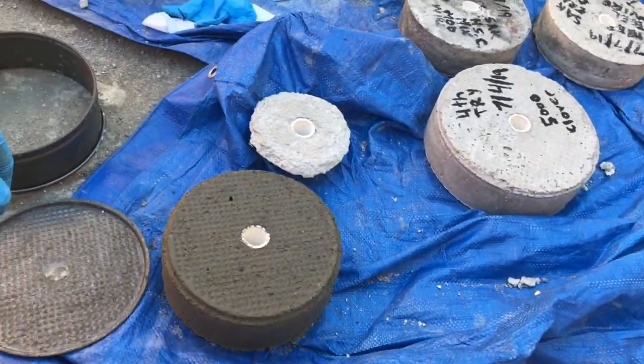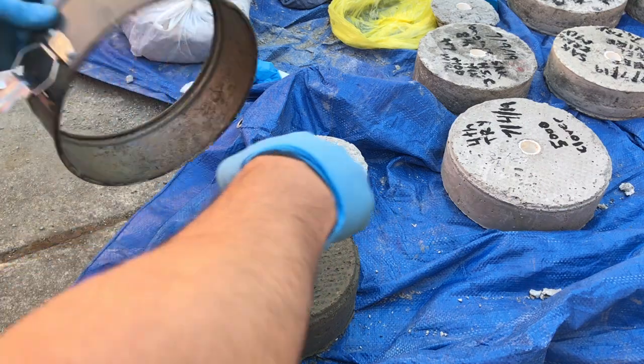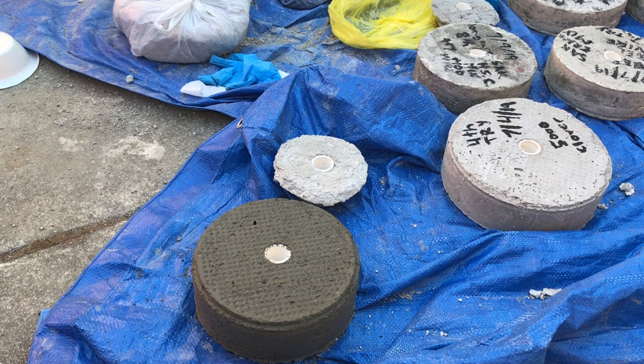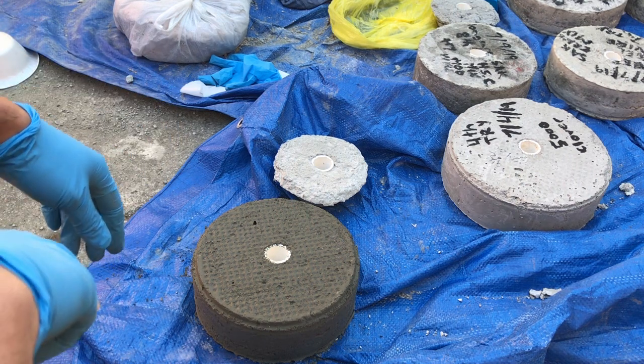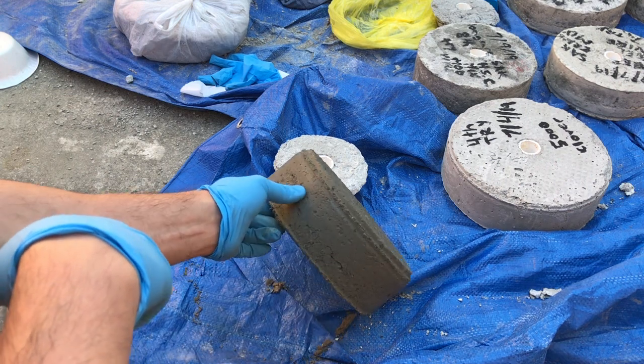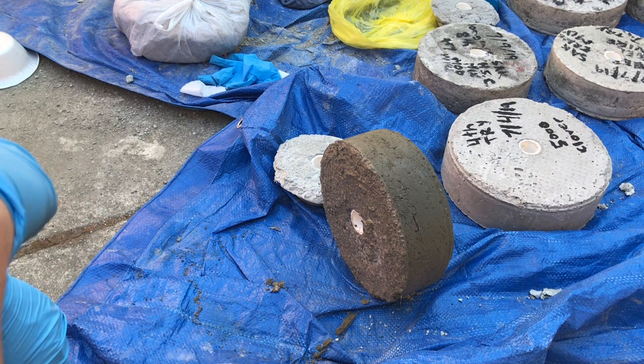Okay, yeah, I removed the Springform Cake pan a second ago and showed you that. And I just forgot that I should probably show you, now that the concrete is formed, well, it's not 100%